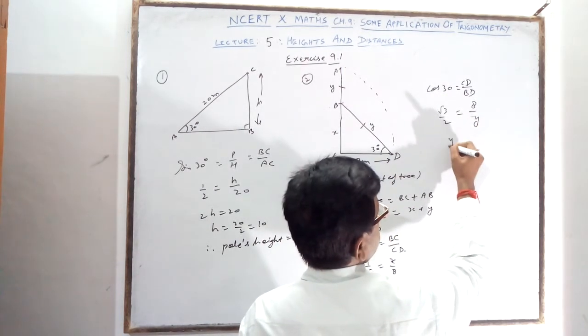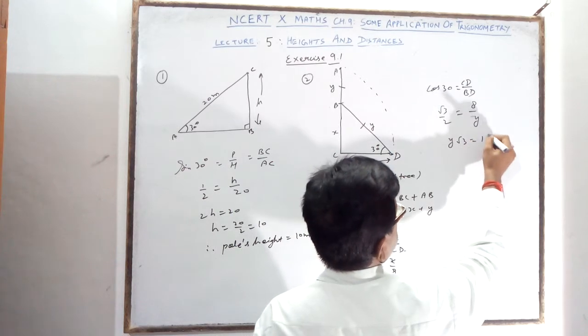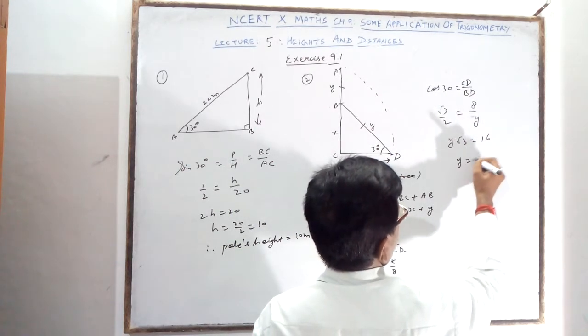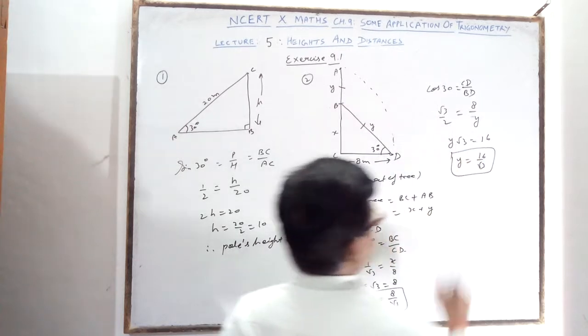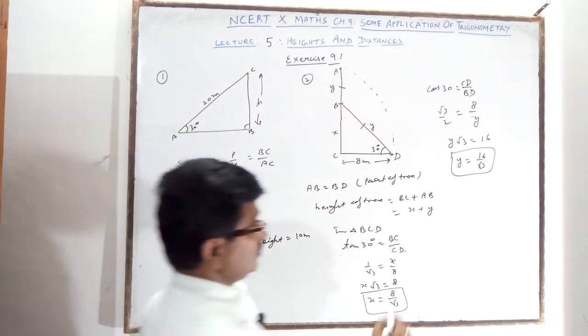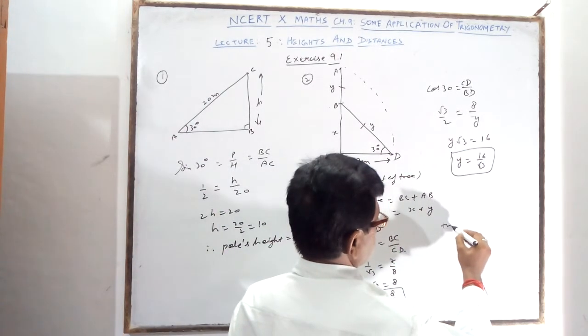So y root 3 is equal to 16. Then y is equal to 16 upon root 3. That is the y you are getting, 16 upon root 3. So the height of the tree is equal to